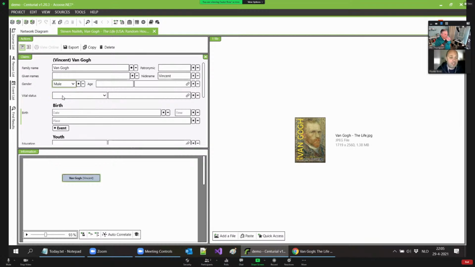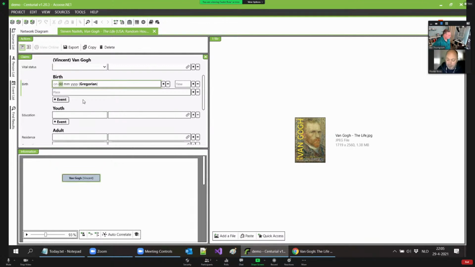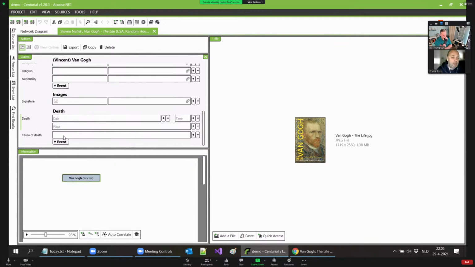It will mention that he's a male. It will probably say he was born on the 30th of March, 1853. And it probably will have his death date as well, the 29th of July, 1890. And let's say, for the sake of argument, that's all that this particular source would mention. Of course, it will have a lot more information, but let's keep it simple for now.